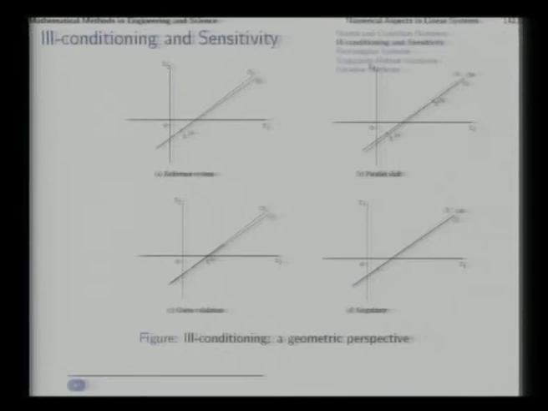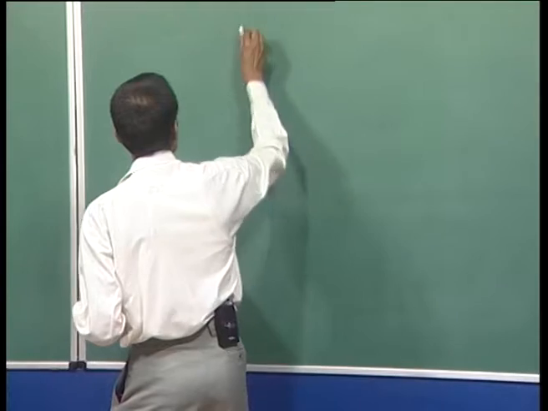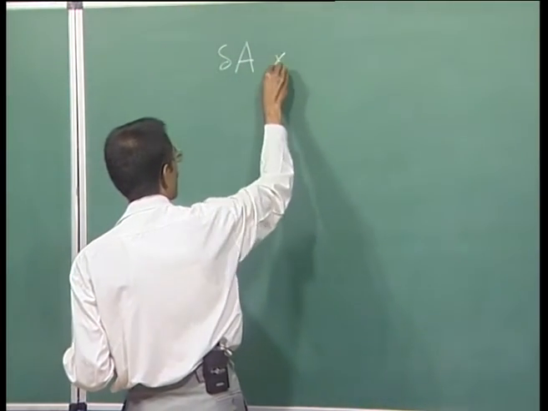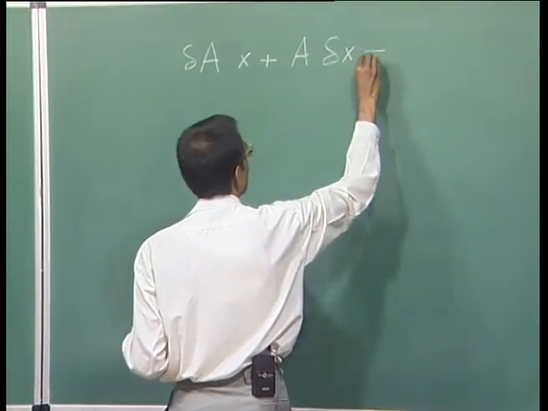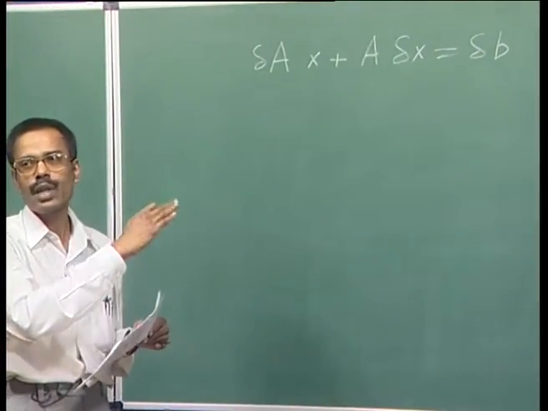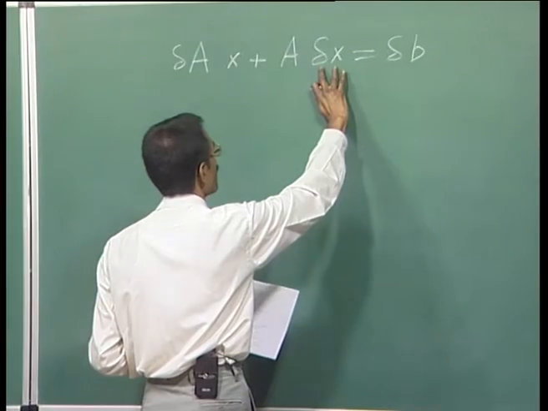To analytically see these things, let us consider this system Ax equal to b, for which the solution is A inverse b, and let us analyze the first variations. For this Ax equal to b, if we consider first variations, we will say first variation of A into x plus A into first variation of x is equal to first variation of b, right. So, this is what you get as the first variation of the equation Ax equal to b. From here, we will try to find out an expression for delta x,